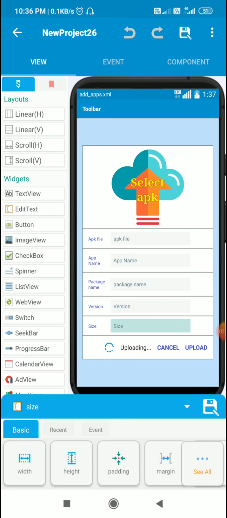So these will display the data of the APK selected. Then I have this progress bar 1 and text view 13, which are displayed while the APK is uploading. Then I have this cancel button and the upload button.